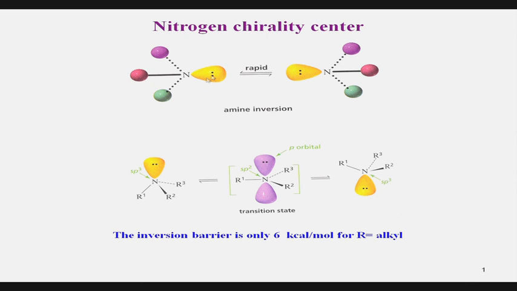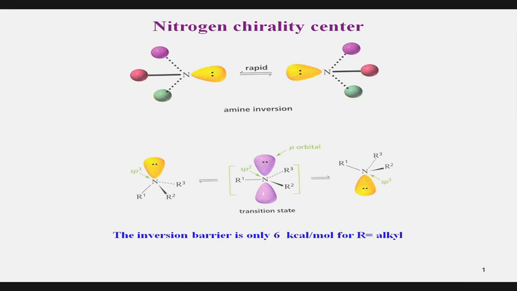I again repeat, the lone pair, although it is not connected to any group, for the sake of simplicity you consider it as a fourth ligand, and so this should be chiral. And now, its mirror image is drawn here. If you put a mirror here, then this will be the mirror image of this molecule, and they are not superimposable, exactly like the carbon system. However, there is a problem here. If one tries to isolate one of these enantiomers, so they are basically an enantiomeric pair, if you want to isolate this enantiomeric pair, it is not possible to do so,